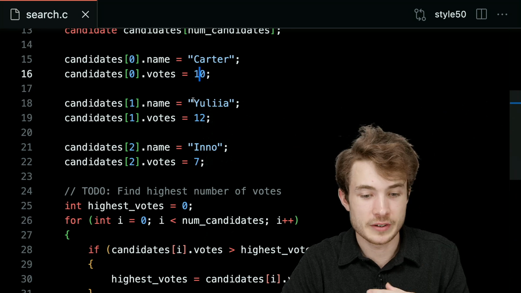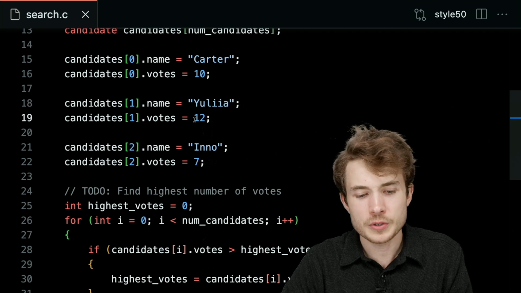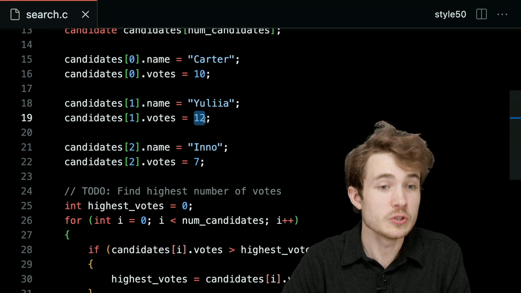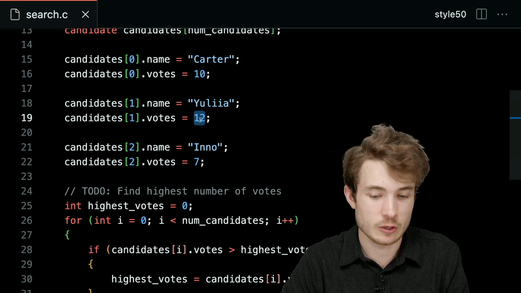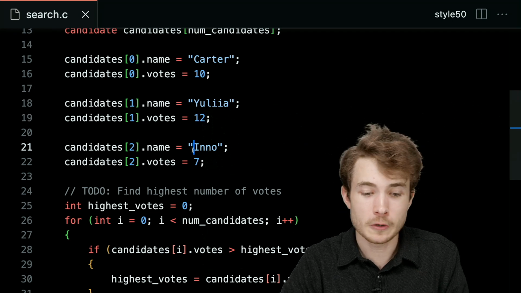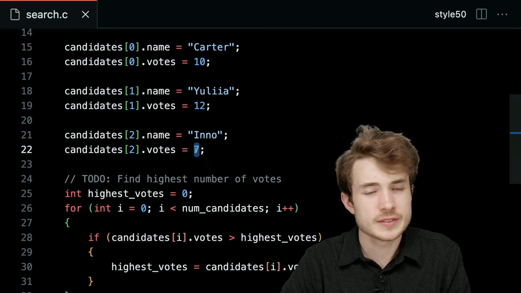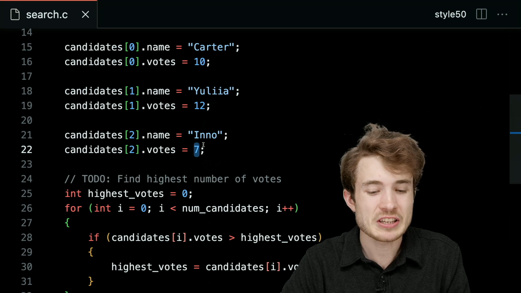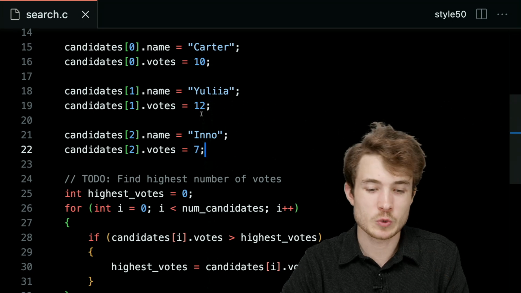I'll look at the next candidate. This one is Yulia. And I'll say, well, is 12 greater than 10? It is. So my new highest number of votes is now 12. I'll then look at Eno, and I'll ask, well, is 7 greater than 12? It's not in this case, so my highest number of votes is still going to be 12, and by the